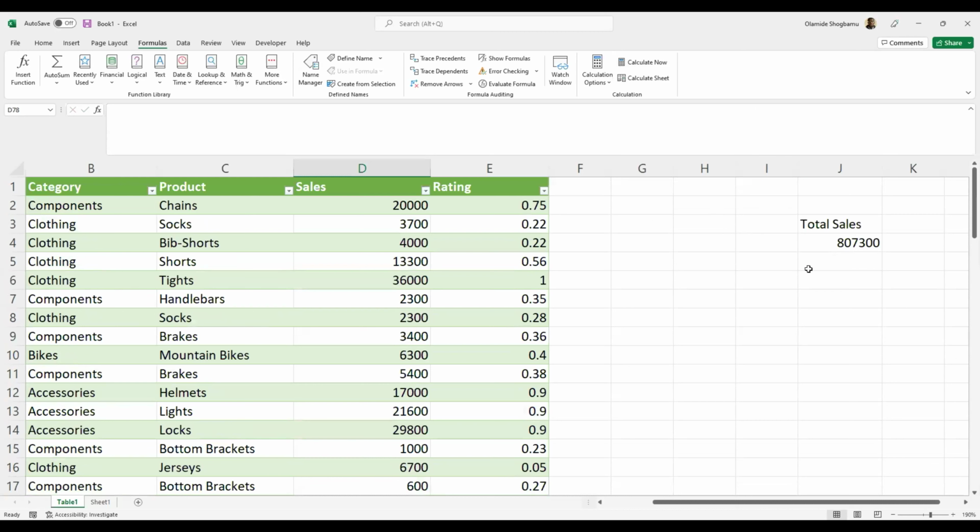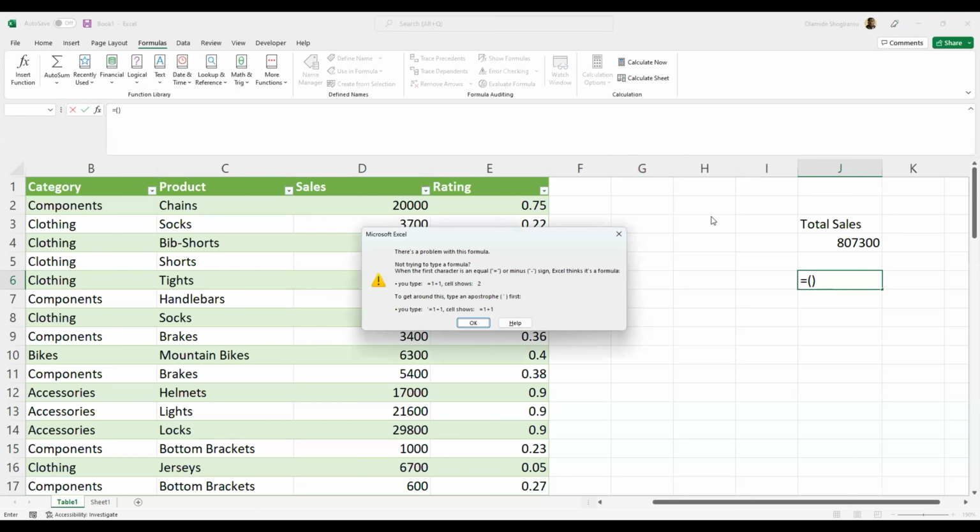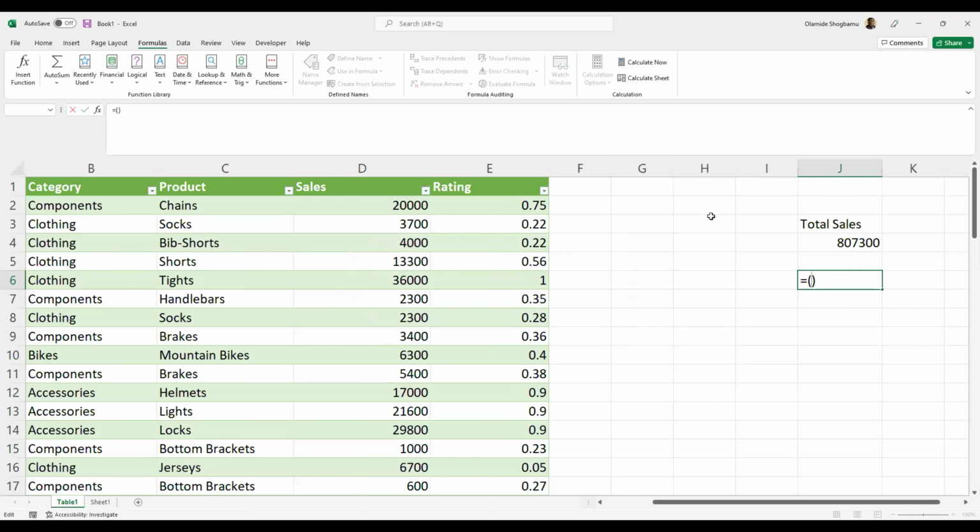So let us try something else. Let us try average. Another thing is that if you know what you want to do, Excel has this autocomplete function that helps you to autocomplete your formula. So you can type equal to, open the brackets, go inside the brackets. Okay, so in the brackets, I want to do average. So I can do